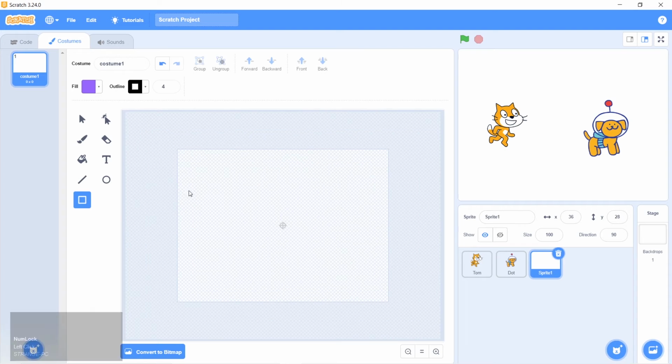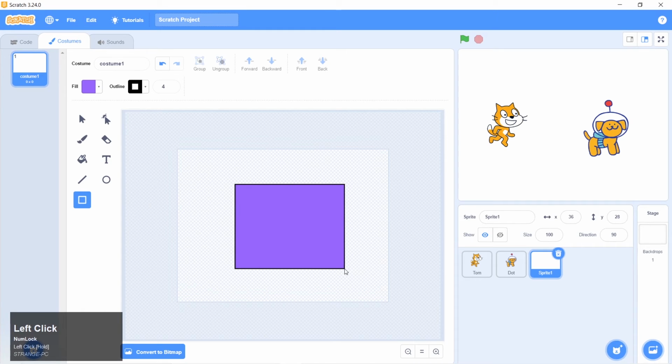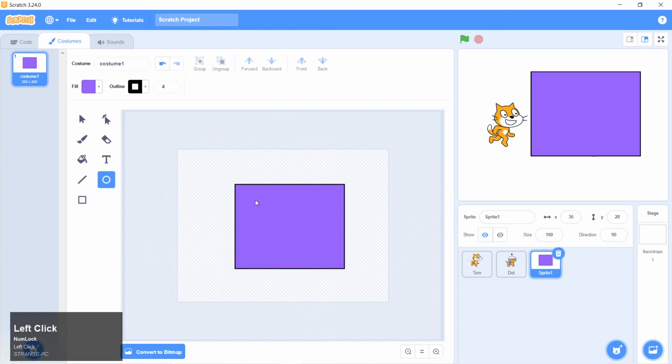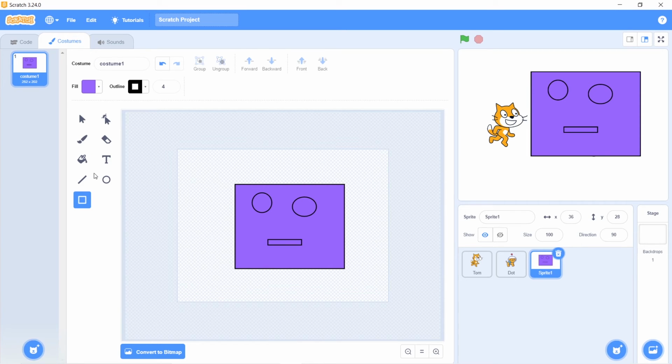Now sometimes if you want to make your own sprite, you go over here and you do not find the sprite you're looking for, you can design a sprite over here with these options. You can take this rectangle, you can take this square and make eyes. You can again make its mouth. Now all these features I'm going to explain in the next class, which will only be about how to make your own sprite and explain all these details.